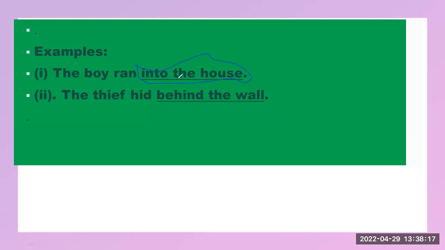It's an adverb phrase of place because it tells us exactly where the boy ran. Where did the boy run to? The boy ran into the house. Example two, the thief hid behind the wall. Behind the wall is a prepositional phrase that forms an adverb phrase. So we are looking at adverb phrase